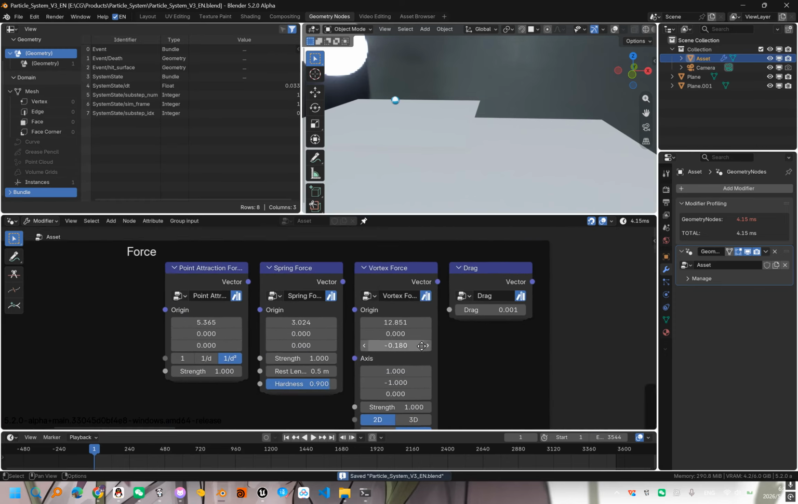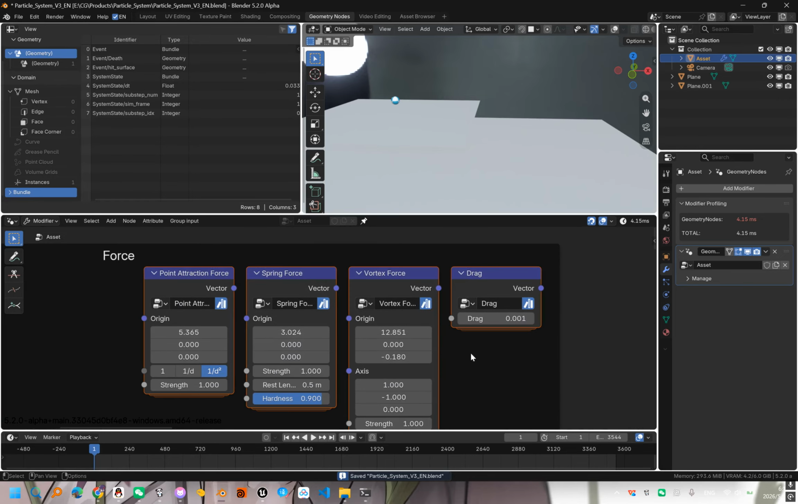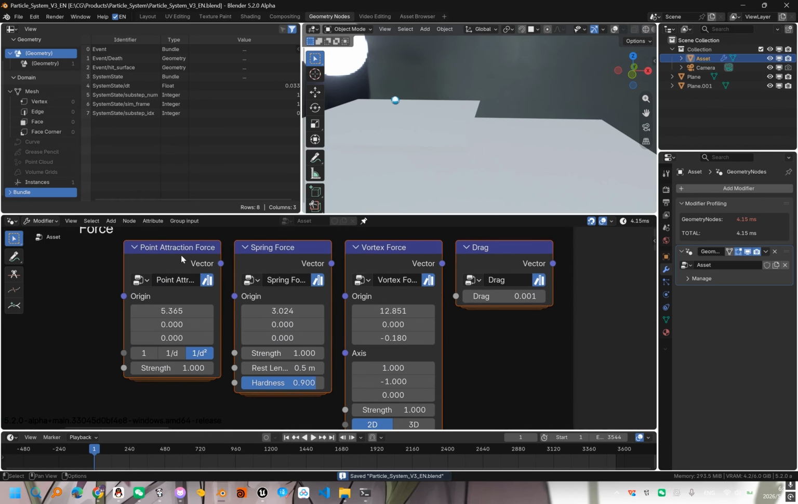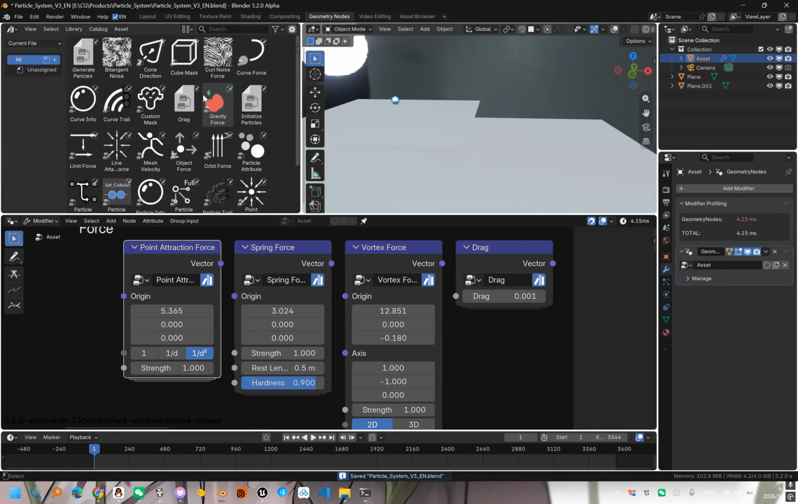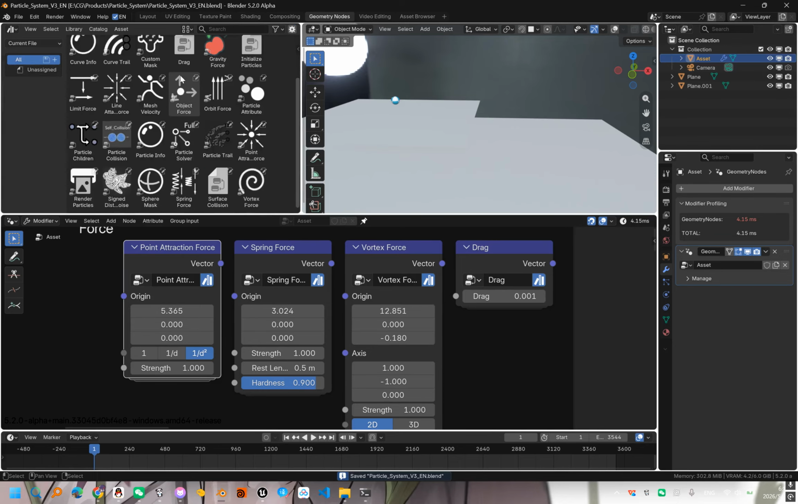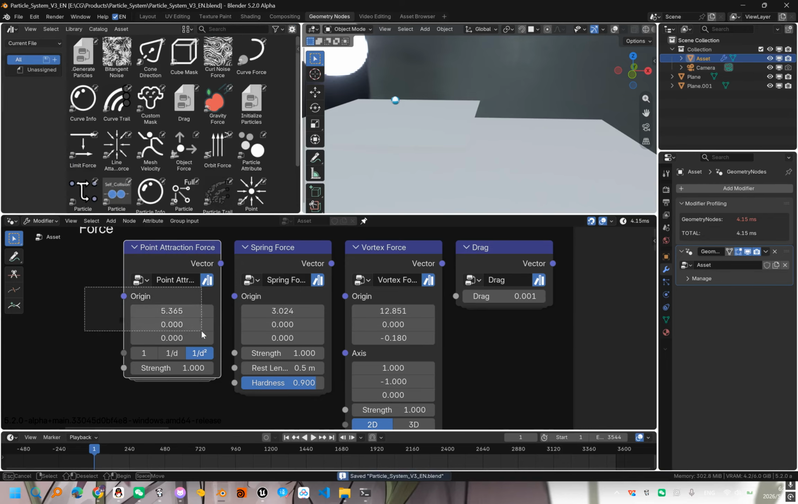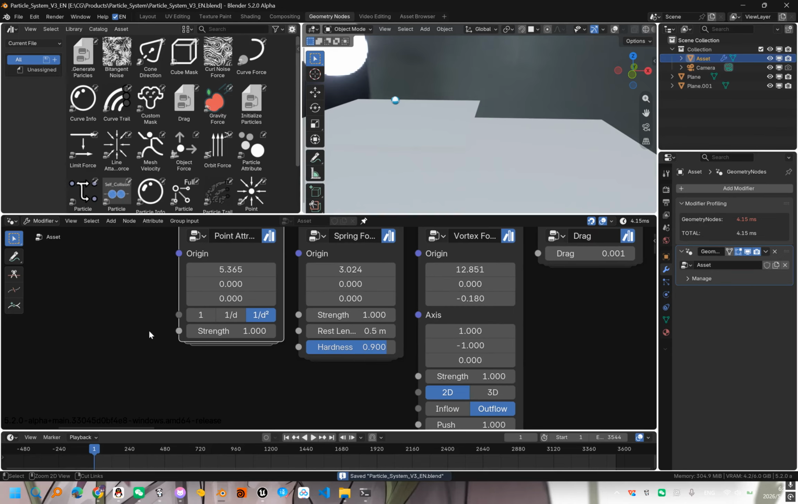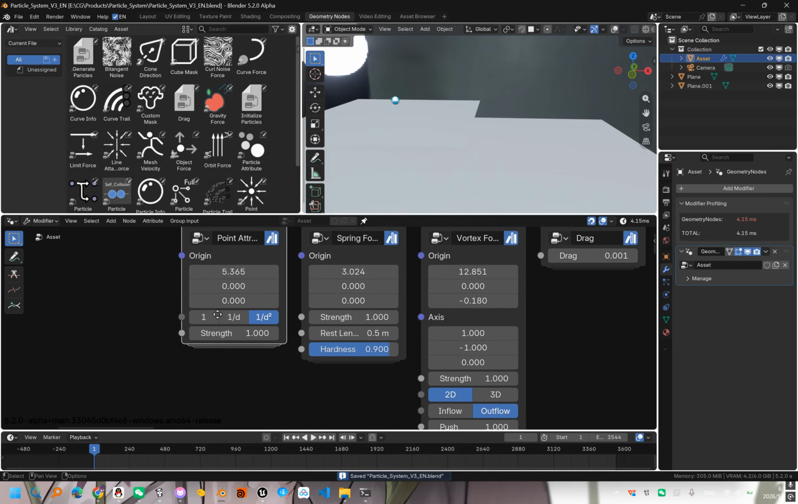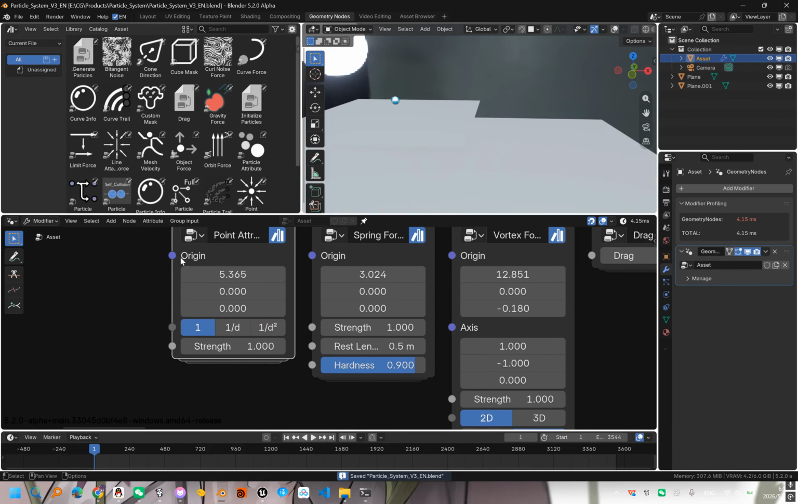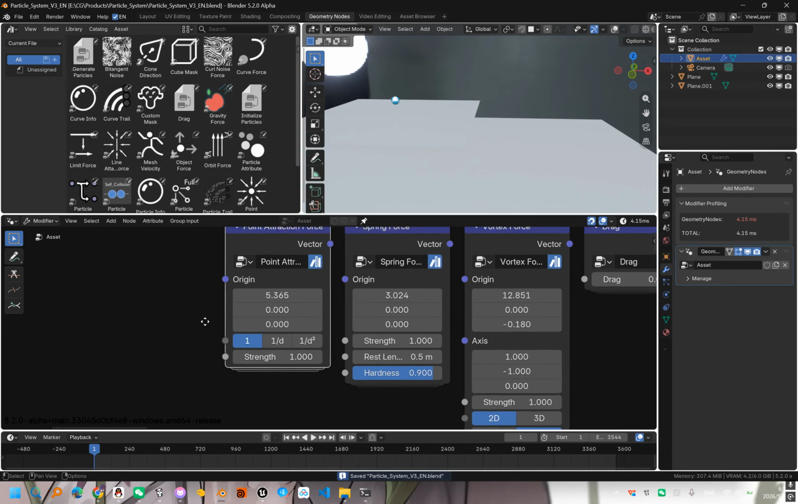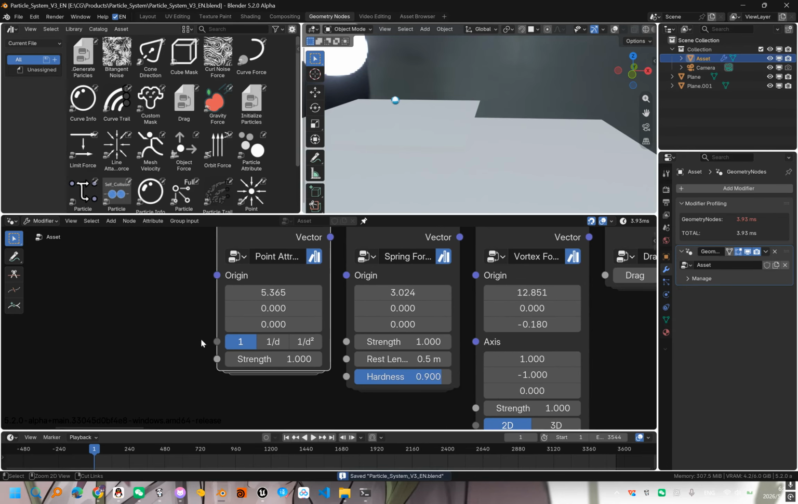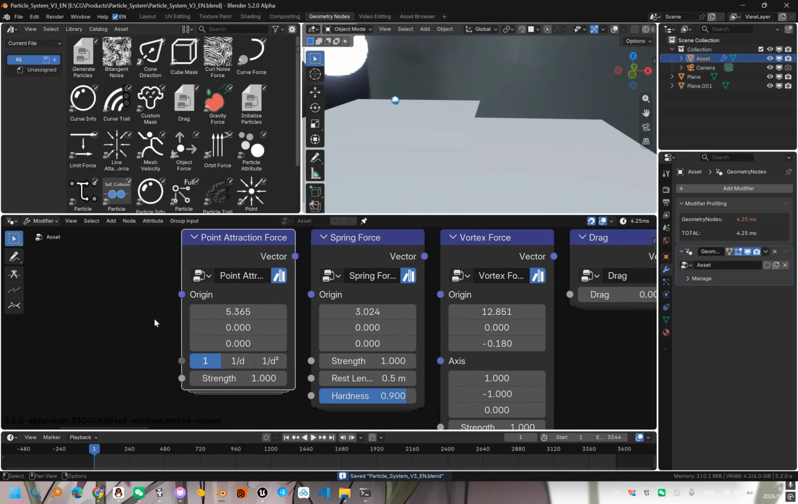So let's first check the first field. The first one is just a point force. Point force is very simple, it just attracts to this point. And here we have the distance falloff. We can control if this force is scaled by this distance, which is just the particle distance to this origin here. So if that's 1, that means all the particles are affected by the same amplitude, which is